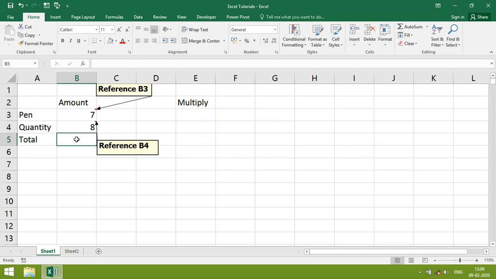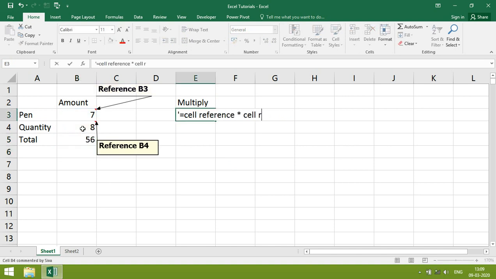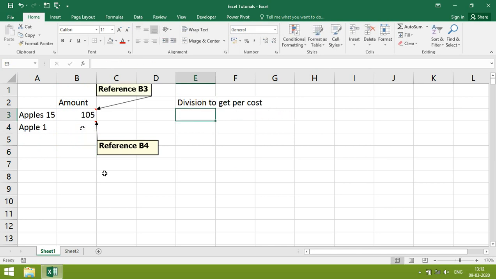To multiply, type equal to, the multiply symbol, and give the reference. How to divide? Same process: equal to, give the reference, divide by the number of quantity to get the single quantity price.